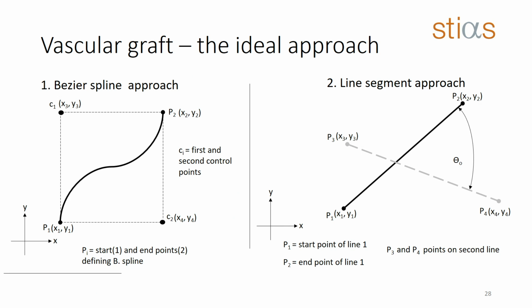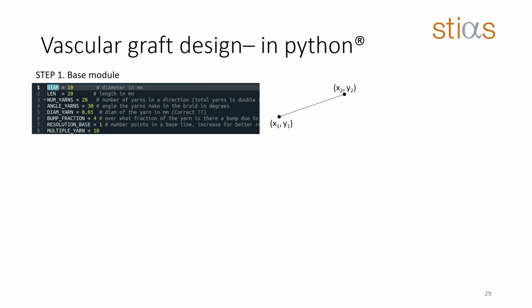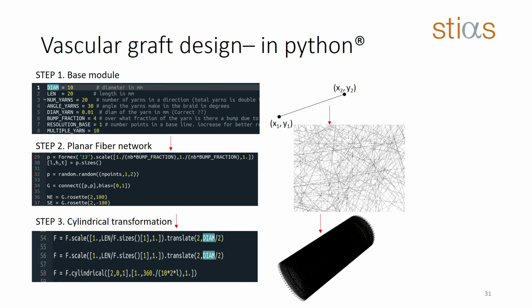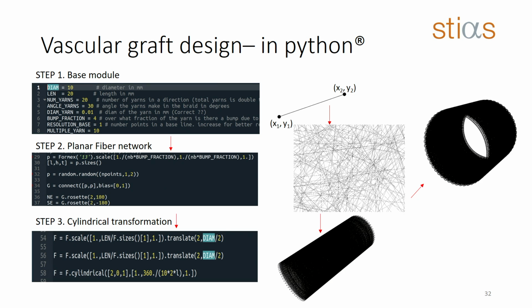So how do we do it? The first step is just starting with a line, defining its coordinates from where it begins to where it ends, for example. And then, using again a random command in the second step, to get a planar network of the fibers. And then using a cylindrical transformation to build the structure. So you can change the dimensions to get any